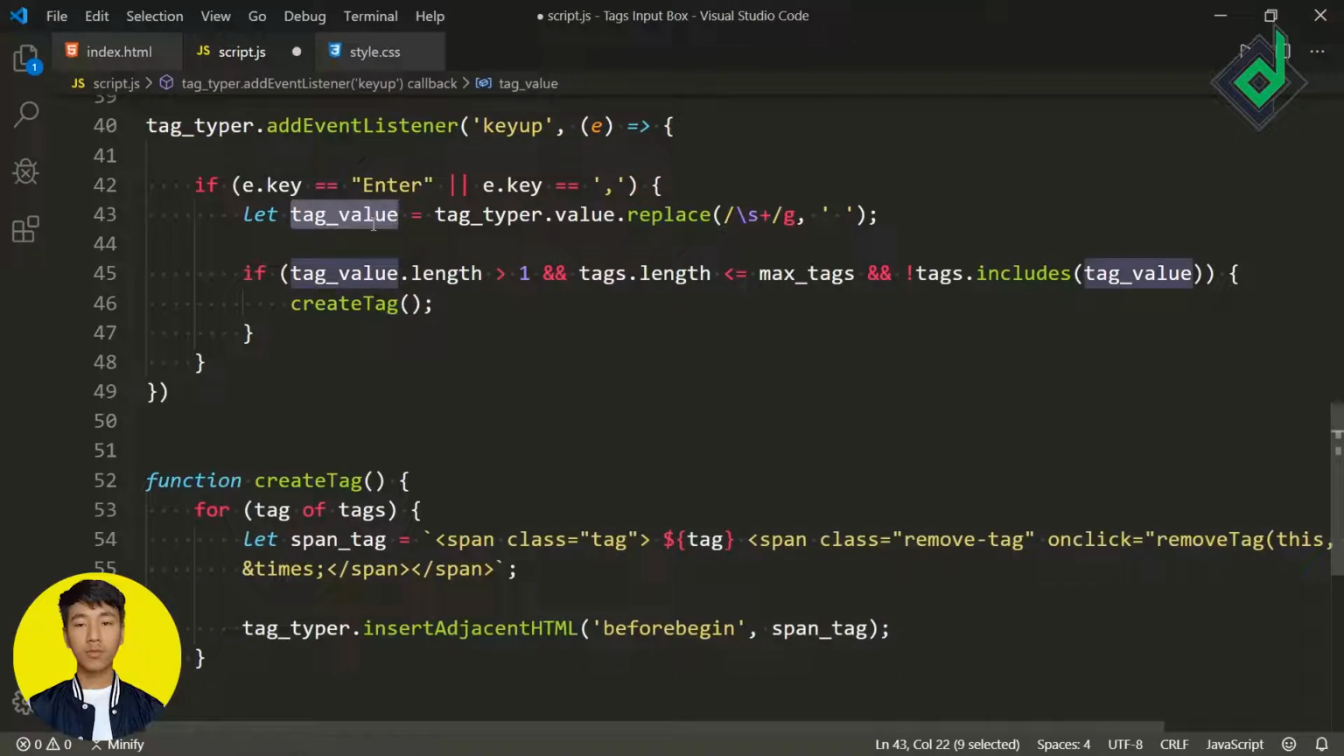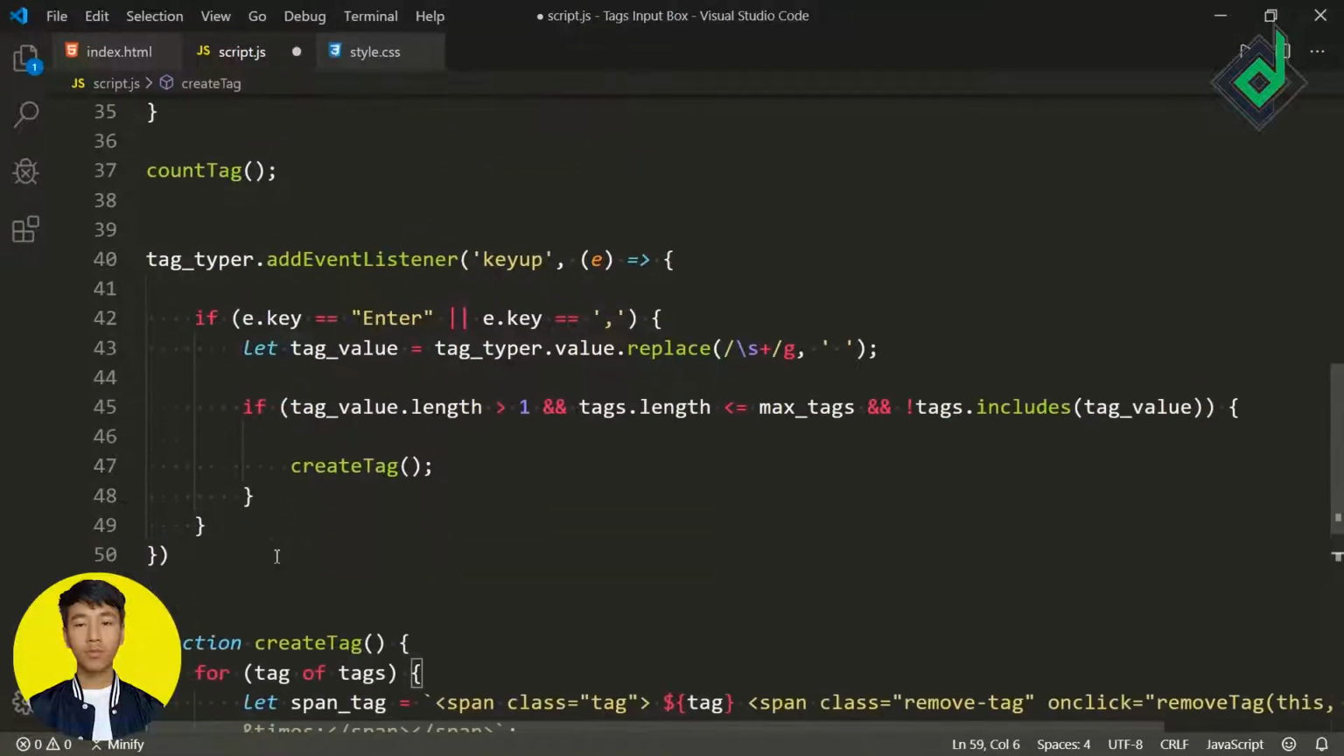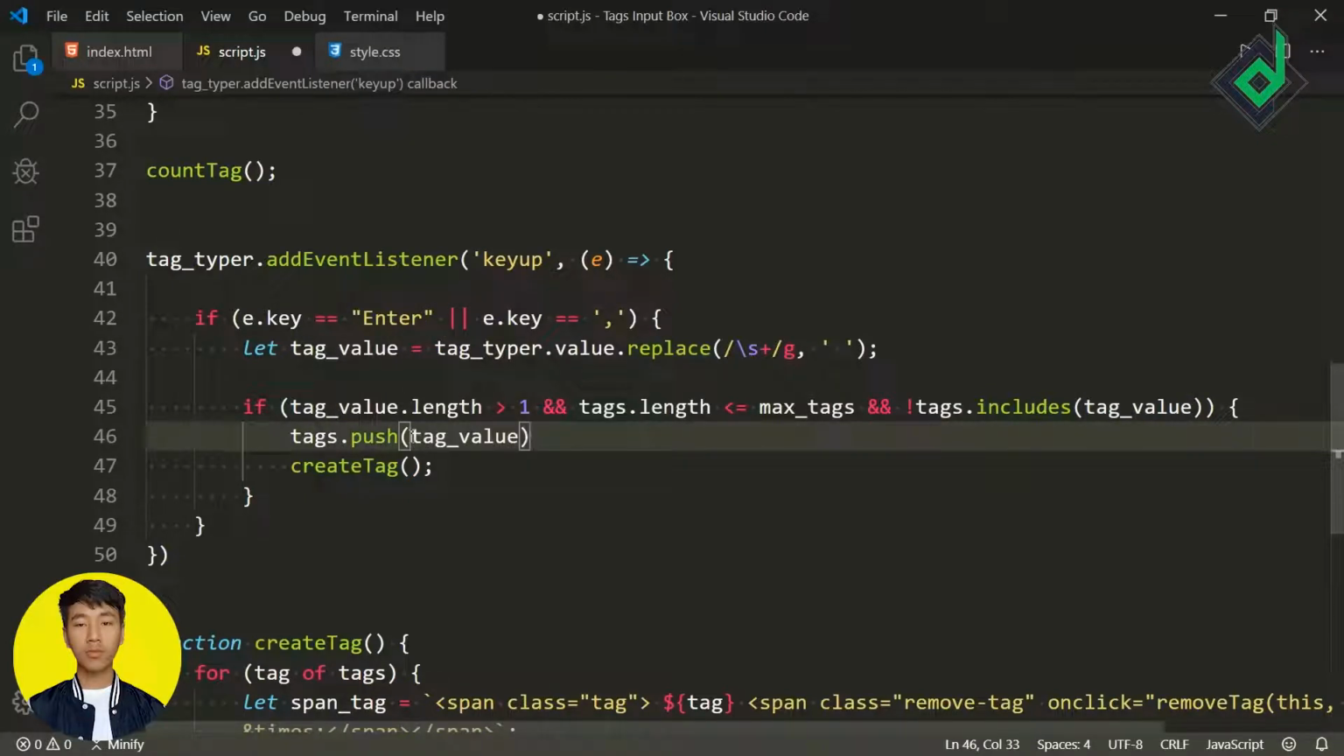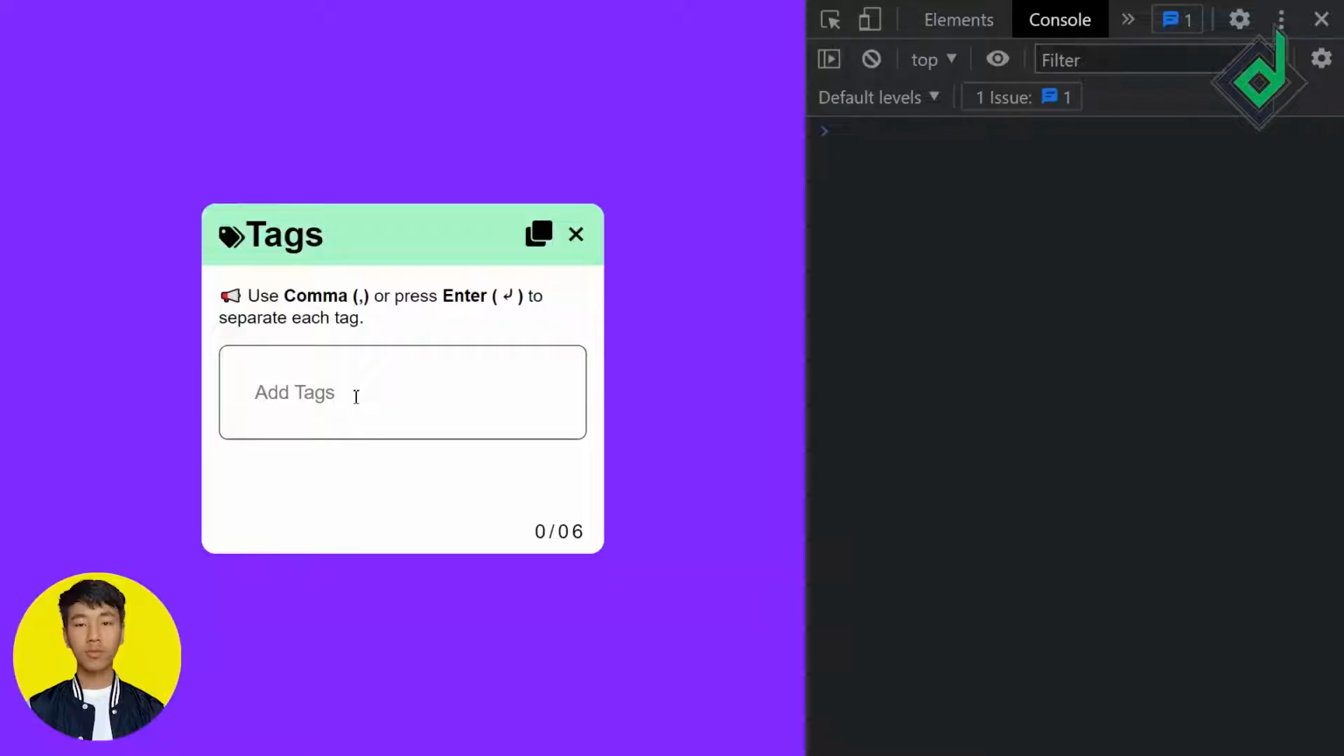Now it's time to add the value that you have entered in the input text field inside the tags array. For that I'm writing tags dot push. With the help of this method we can push the value inside that tags array. So we are pushing the value that we have entered in the input field. In the browser if I type user and hit the comma, did you see that the tag is